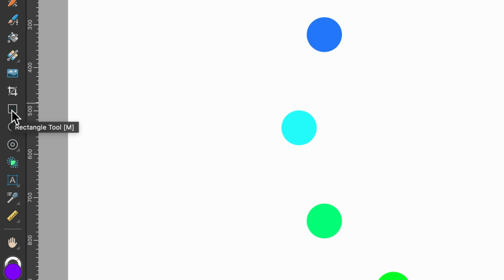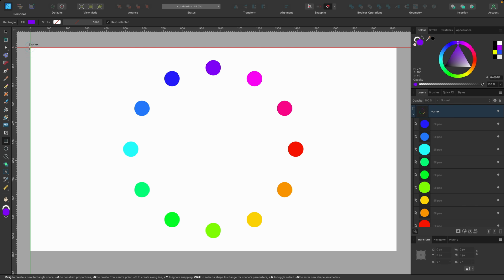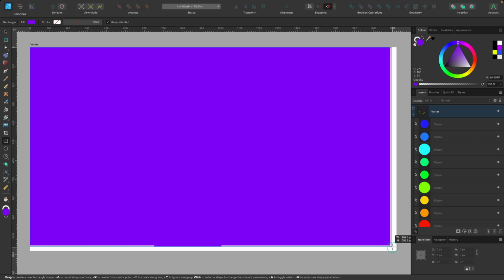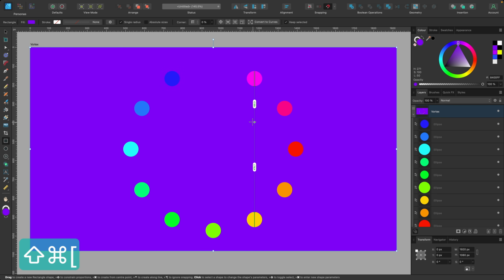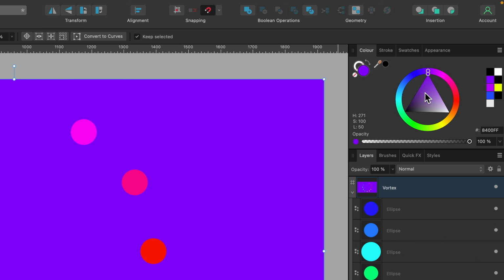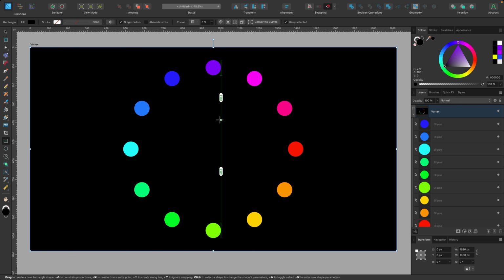So the last thing I want to do is just give it a black background. So over to the left-hand side, rectangle tool, shortcut is M. Click on that, and I'm just going to click and drag out a big rectangle. And it covers everything right now. So I'm going to send it to the back. So I'll just do a shortcut, which is Shift, Command, and left bracket key on the keyboard. Now I'm going to make the background black, go up to the color wheel, make it black. Okay, we're ready to begin.